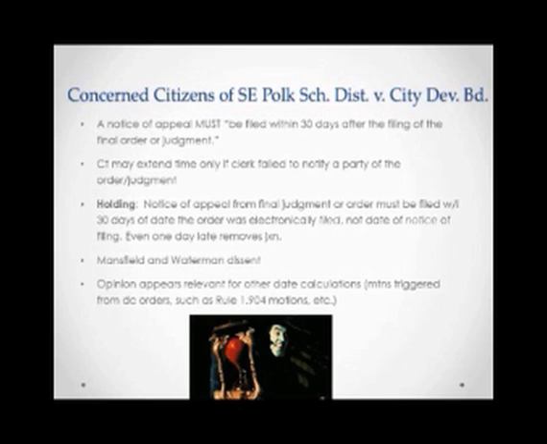Now, in a lot of contexts, the courts are probably going to be more forgiving, though. Say you miss resistance to a motion by a few days or something. The court's probably not going to strike that. But when you have a notice of appeal context, it's jurisdictional and mandatory. So if you don't get it in within 30 days, then you lose your right to appeal.